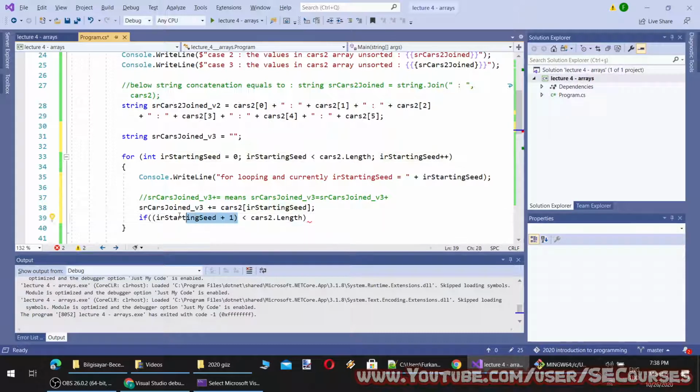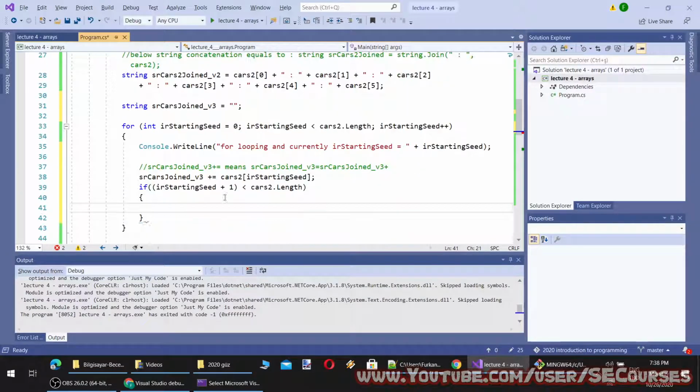If the left side of the comparison is smaller than the right side, it will enter inside the if. And where is the scope of the if? It is here, starting from here and ending here. Okay, so this is the scope of the if statement.